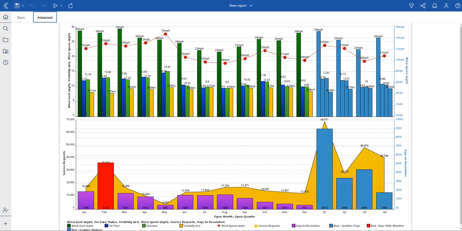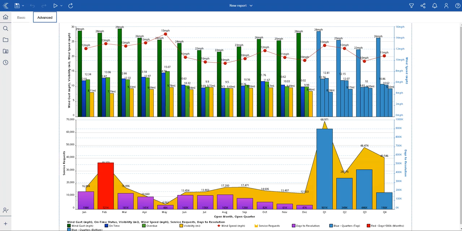As you can see here, we have the X axis. The primary chart here and the secondary chart here are both feeding off this X axis.